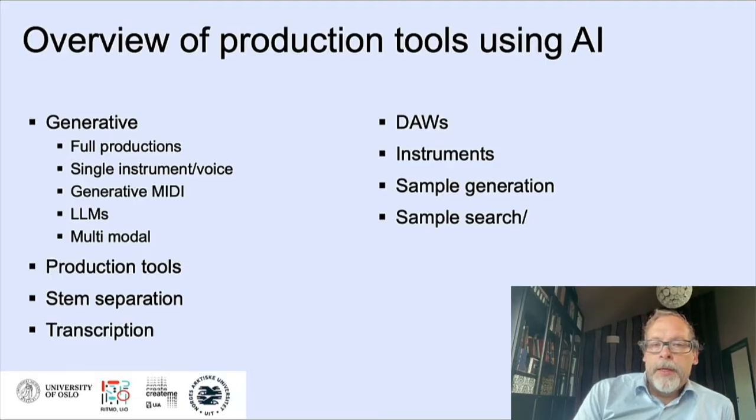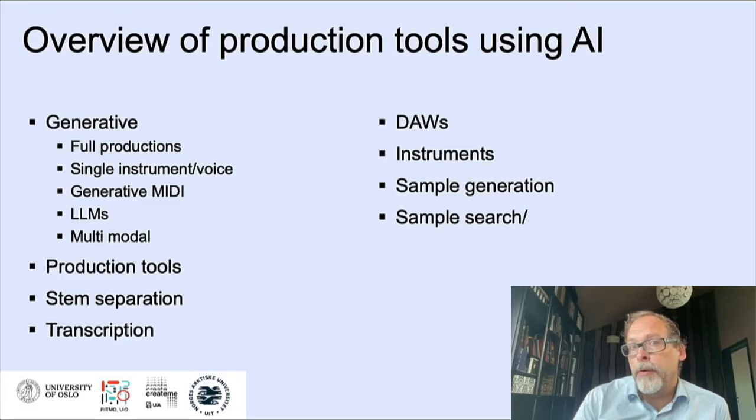Then you have a lot of AI-driven production tools. These are used for processes such as vocal processing, mixing, or mastering. You have stem separation tools that can divide a mix into individual stems, such as drums, bass, keys, guitars, and vocals. Transcription tools can generate sheet music from audio files. So it makes it easier to write an arrangement from a demo, for example, or if you're playing a cover, it's easier, and learning new material can also be easier.